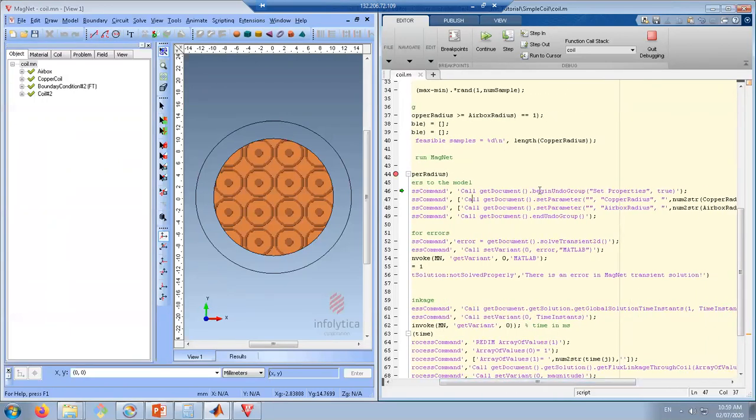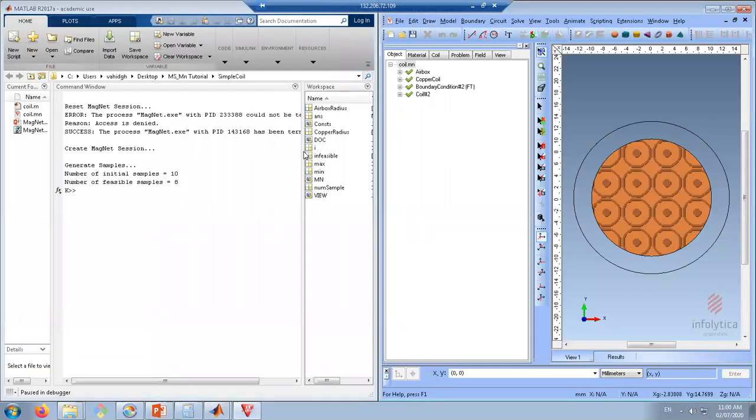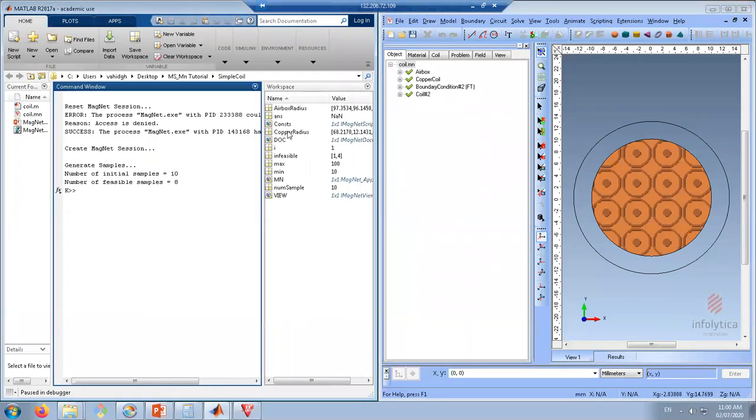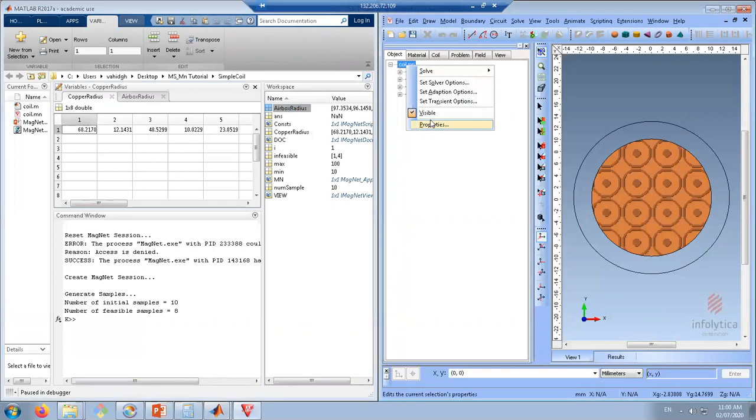And then we're gonna set parameter. Which parameter? Copper radius, which we already defined in the model. And what's the value? The first value of the copper radius, which is generated in MATLAB. If we go to the workspace of MATLAB, copper radius, there should be 8 values, right? Because 2 of them are filtered out. It's gonna take the first value of the copper radius, as well as the first value of the airbox radius, and apply these 2 values